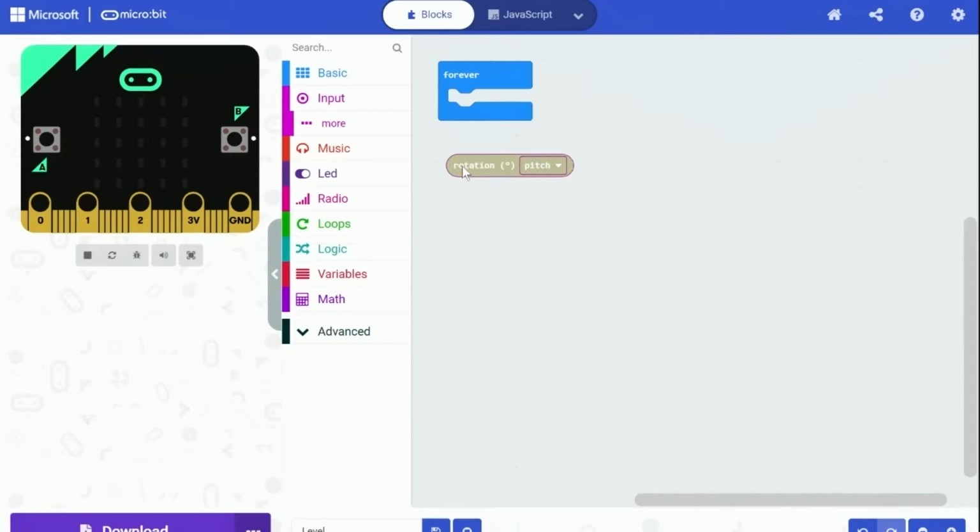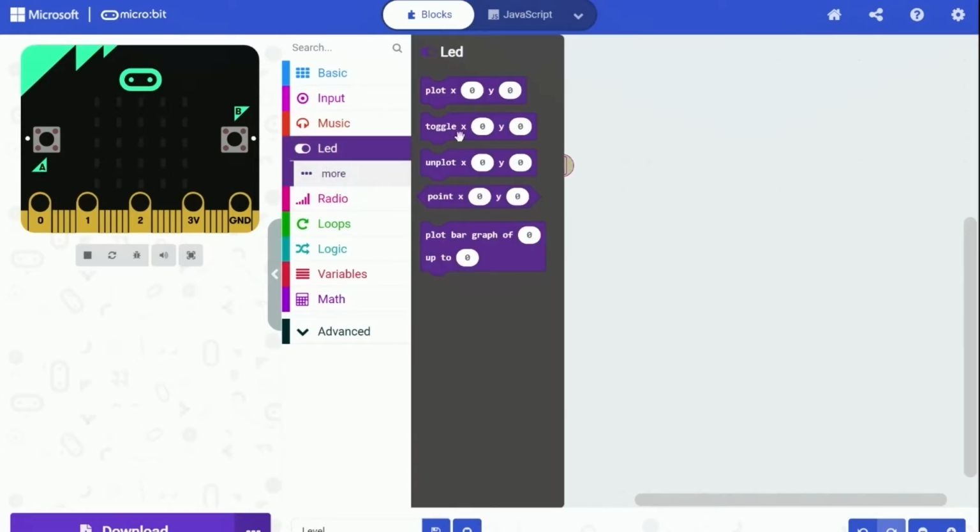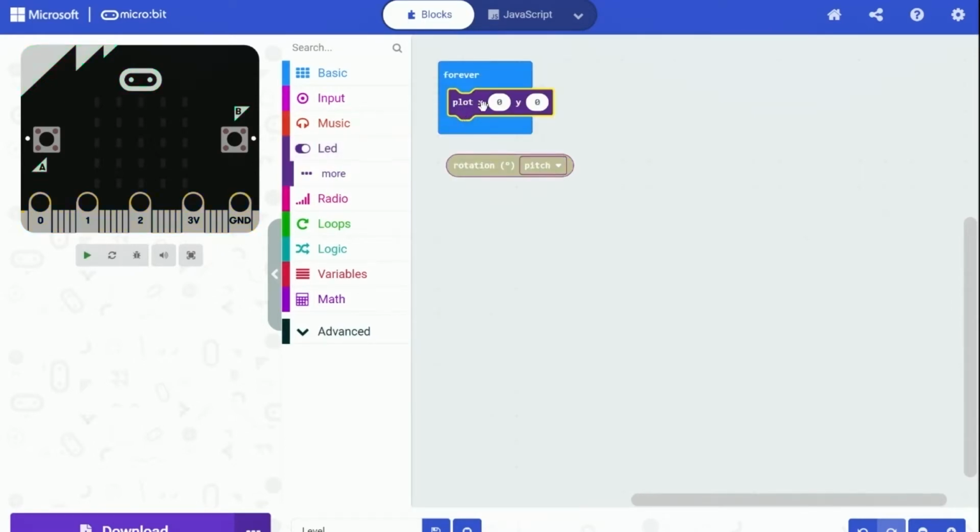We know the rotation now, but we need to indicate that on the screen, just like a level would do in real life. We can use this block from the LED category, called Plot XY. It can plot a LED point on a specific position. So the thing we are going to do now is to try converting this rotation to a position the LED